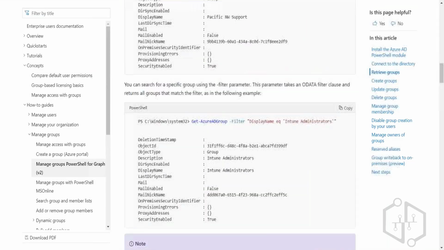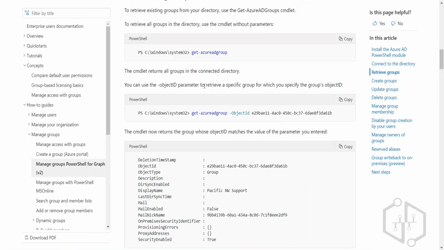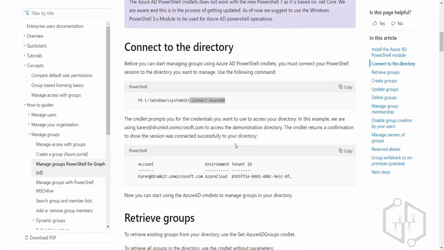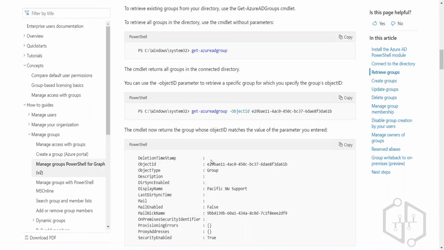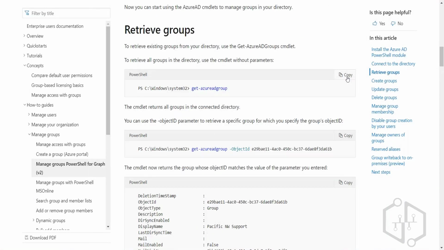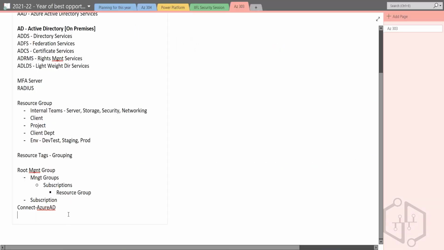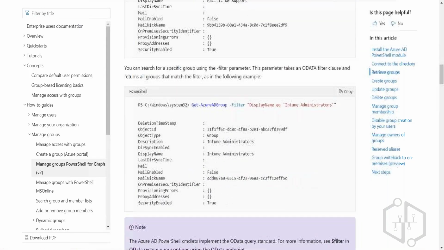So step one that I have done is I have executed a command over here, which is Connect-AzureAD. Right? I have got connected to it. Second is getting the pre-existing groups which I have within my Azure Active Directory, Get-AzureADGroup. In terms of creating a new group,